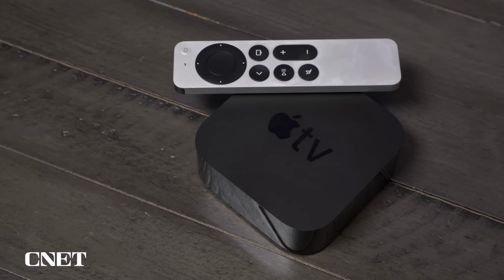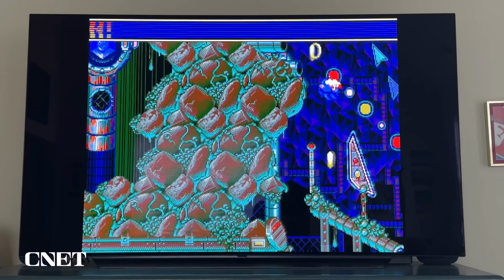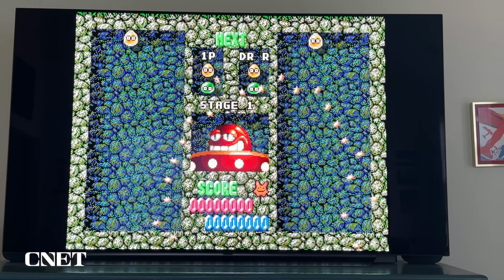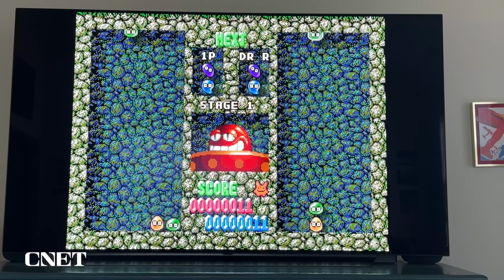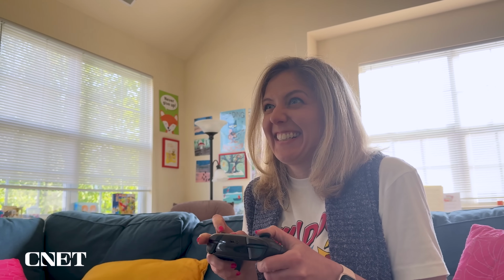Now, this is really one of the most fascinating things to happen to the Apple TV, at least I think so, in a long time, because you're seeing this powerful streaming machine become a classic game console. We are getting a glimpse of what is possible when the walled garden of Apple starts to open up. As I explain how you can relive the glory of the past on a modern $130 4K streaming box,